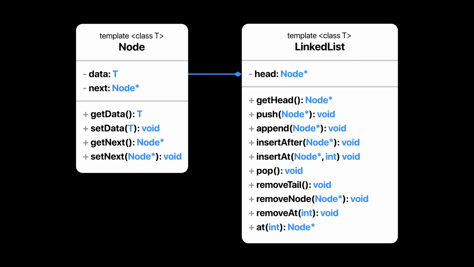Now let's go through the methods. Push will insert a new node at the beginning of the list as the new head reference. Append will insert a node at the end of the list. Insert after will insert a node after another node. Insert at will insert a new node at a specific index. Pop will remove the first node. Remove tail will remove the last node. Remove node will remove a specific node from the list. Remove at will remove a node at a specific index. Lastly, at will retrieve a node